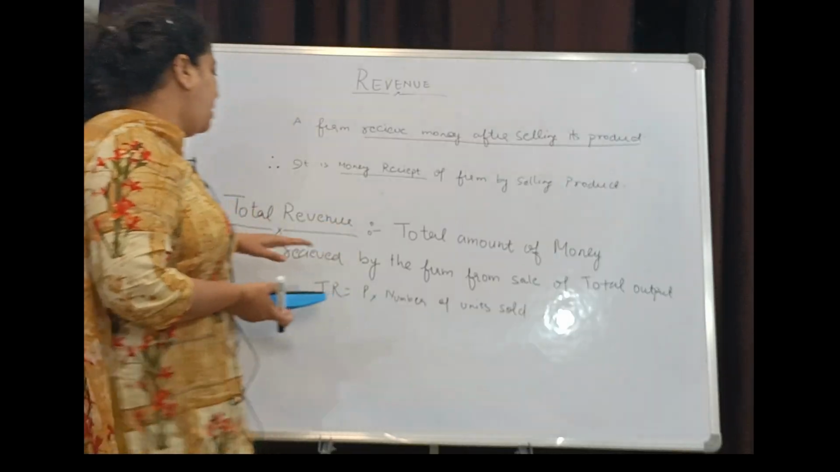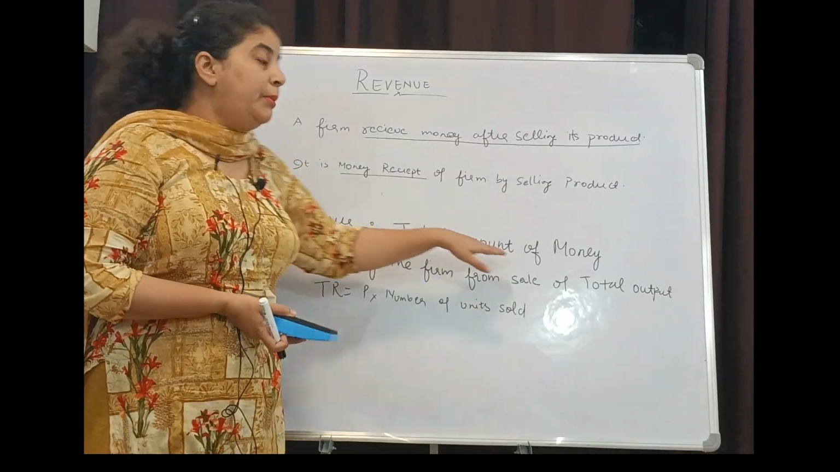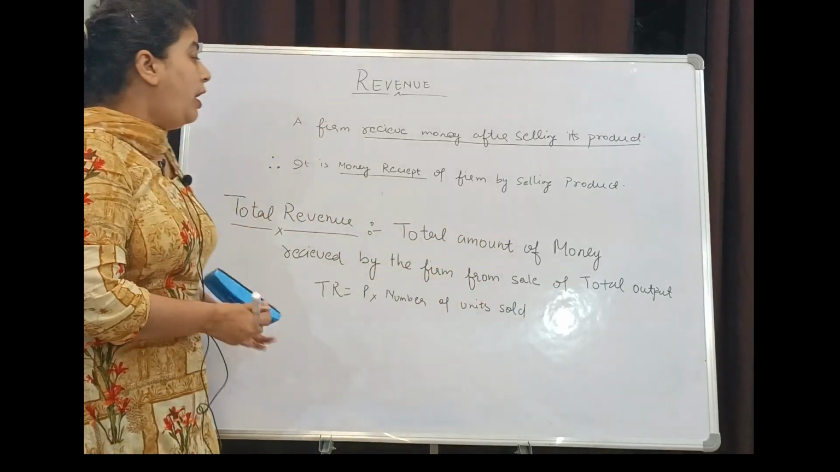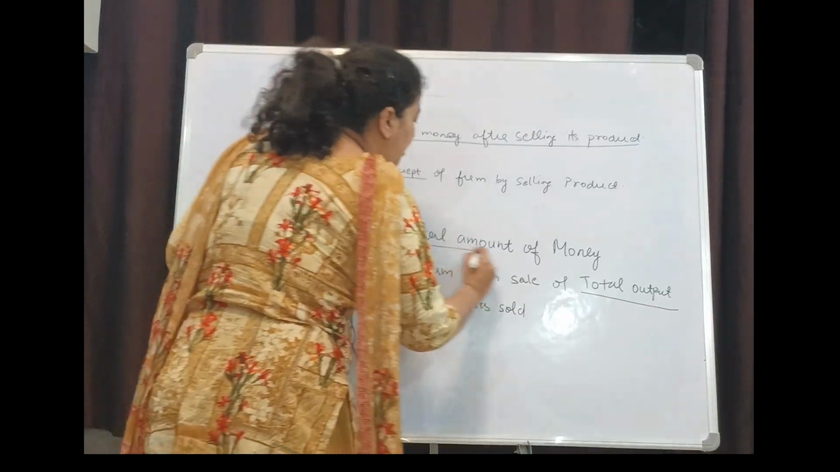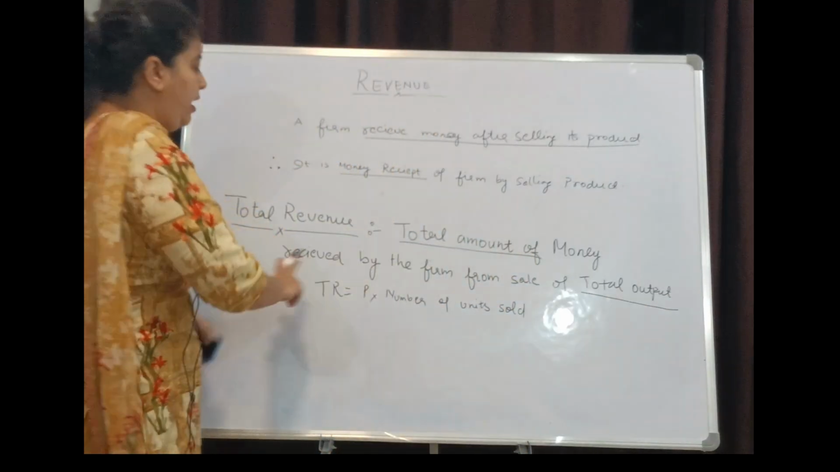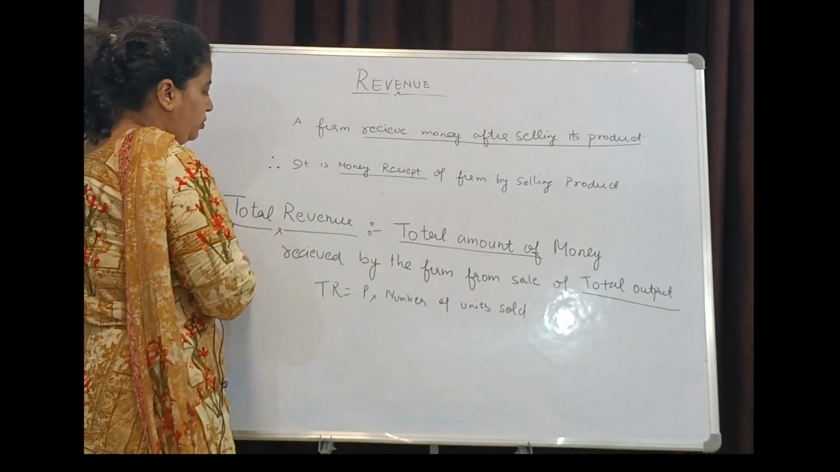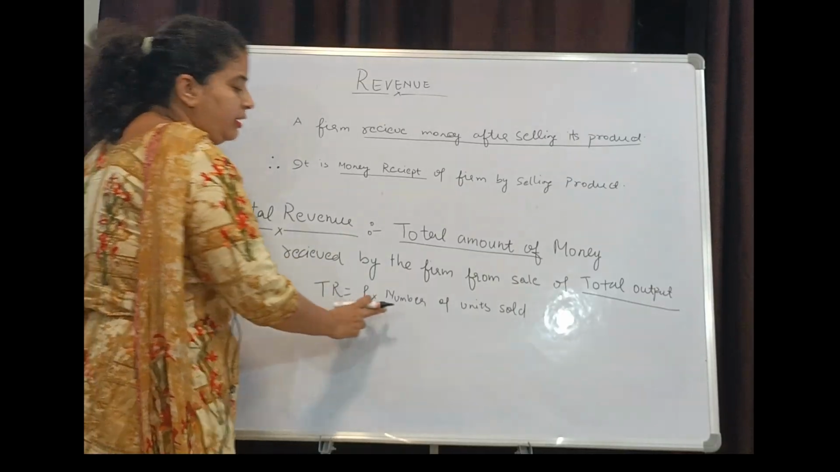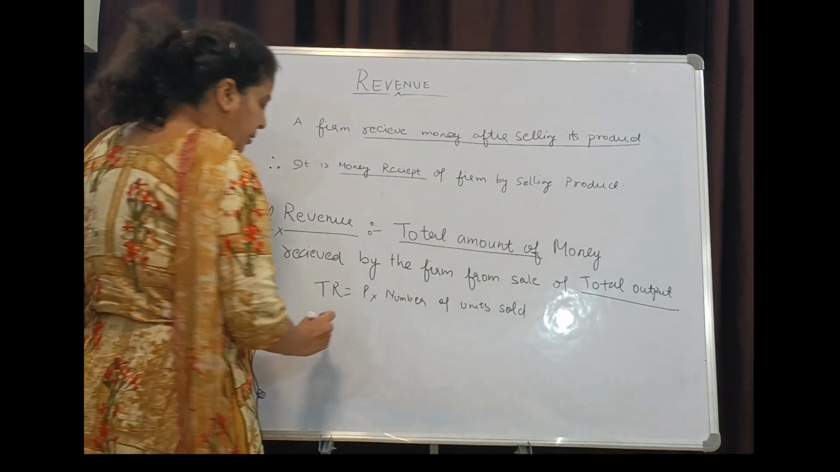So what is total revenue? Total revenue is nothing but the total money which a firm gets after selling total output. The total amount which a firm gets after selling total output, that is total revenue. Total revenue is nothing but number of units sold into price, for example, the